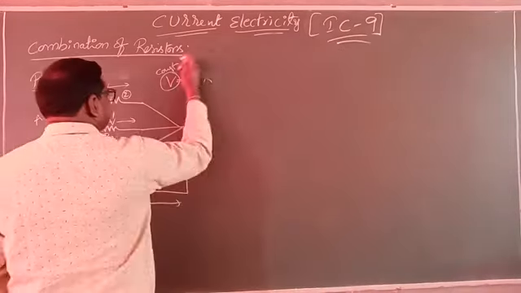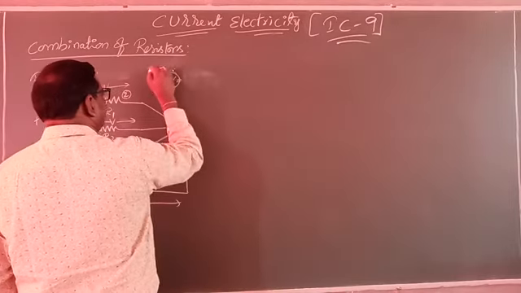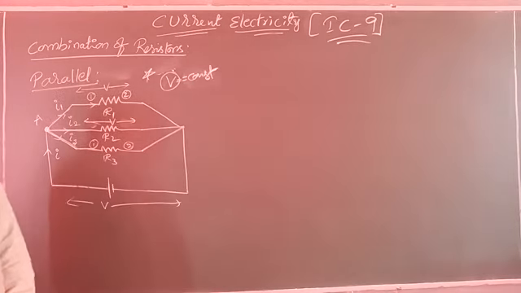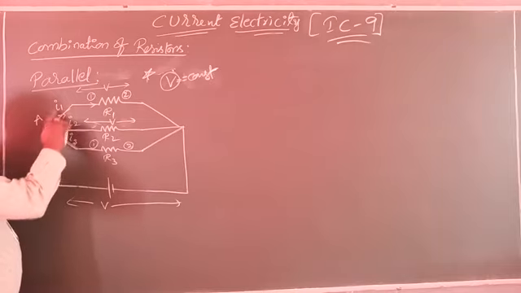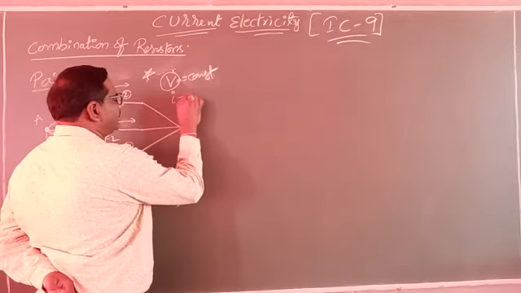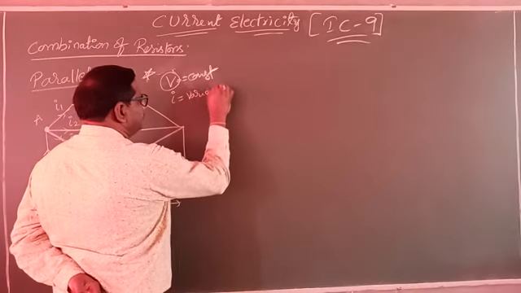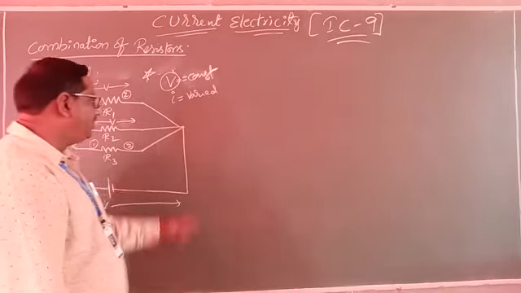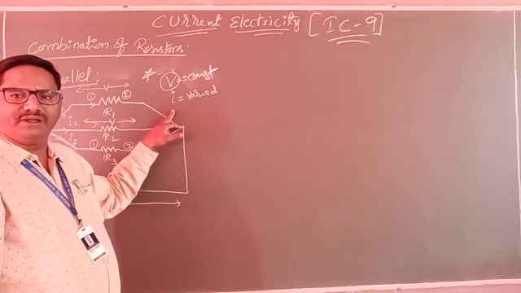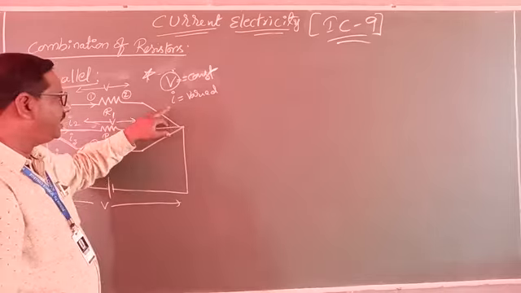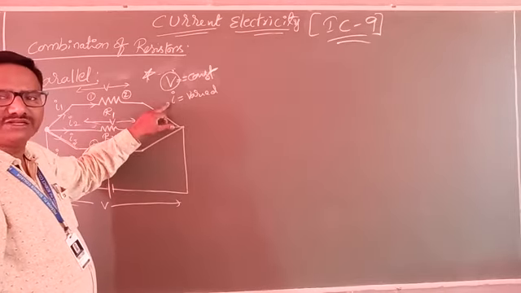Now here V must be constant. You need to remember this point, very, very important. So V equals constant. Now which quantity varies? Here the current I will be split as I1, I2, I3. So what you can observe? I must vary. These 2 points are reversed for these 2 combinations. Do you understand? In a series combination, what you learned is that I remains the same and V must vary. In a parallel combination, V must be constant and I must vary.